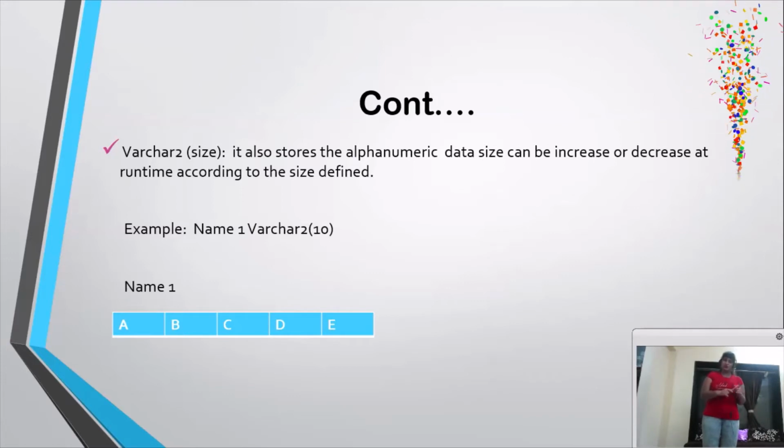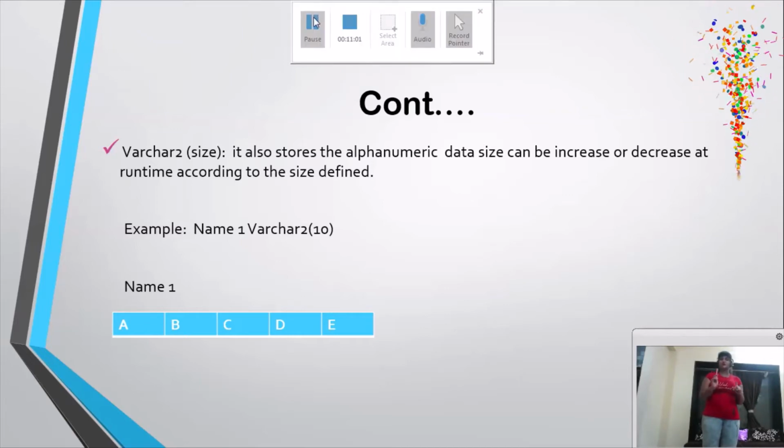We've taken the same data, A, B, C, D, E, and the rest of the 5 will not be used, so it will be omitted. And if we take A, B, C, D, E, F, then it will grow automatically up to 10. The upper bound is 10. So that is the varchar format. At runtime we can increase or decrease the size.